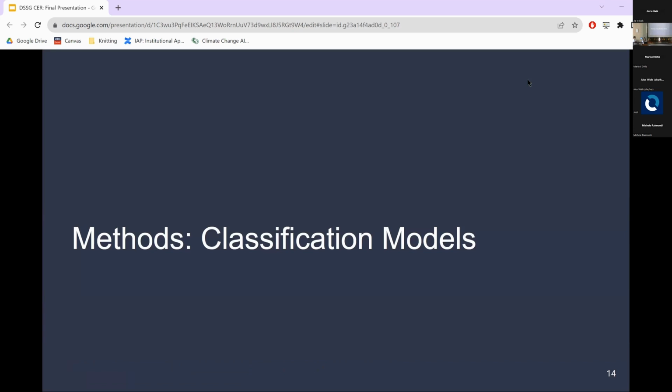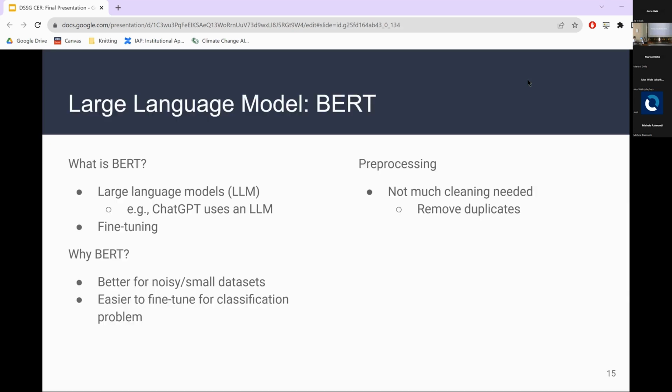So I'm going to go into some of the models that we trained. One of them being a large language model called Bert. Just a bit of background, a large language model refers to a language model trained on a lot of data. In Bert's case, it was trained on around 3.3 billion words from corpuses like the entirety of Wikipedia or Google's book corpus. And so we took this pre-existing model and fine-tuned it to our specific task. We fed the model some of our data along with the CER labels so that it could modify its internal parameters to be able to work for our task, which is the multi-label classification problem.